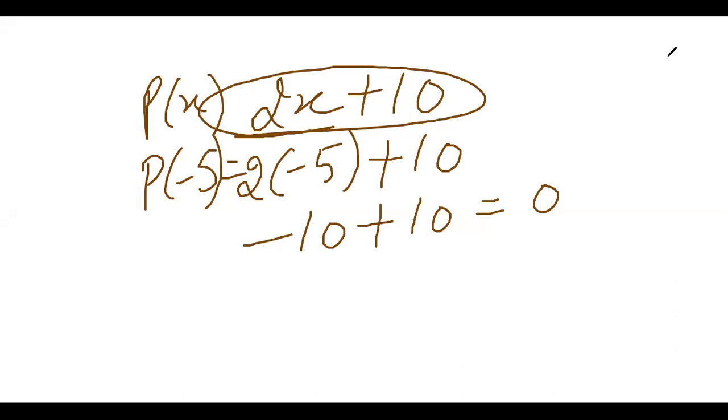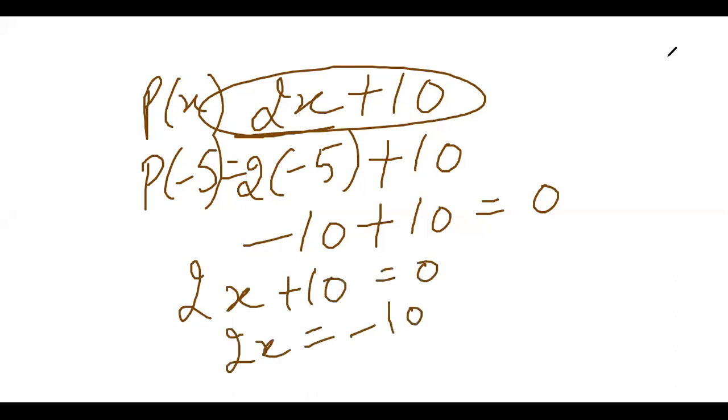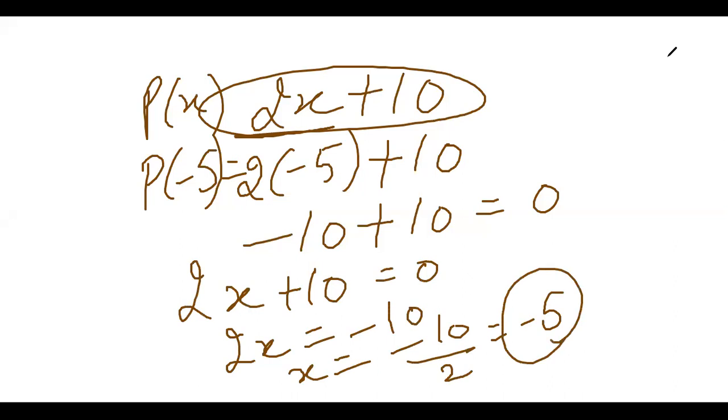जैसे हम सॉल्यूशन करते थे, कि 2x plus 10 को 0 के इक्वल रख दो. 2x is equal to -10. x is equal to -10 upon 2 is equal to -5. So x की वैल्यू आई -5. इट मीन्स जब आप x के प्लेस पे -5 रखोगे तो पॉलिनोमियल क्या हो जाएगा? 0. So that's why this is called zero of the polynomial. Right? This will be called zero of the polynomial. -5. Let's take one more example.